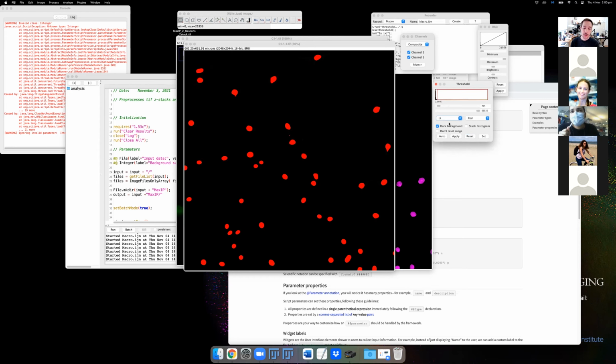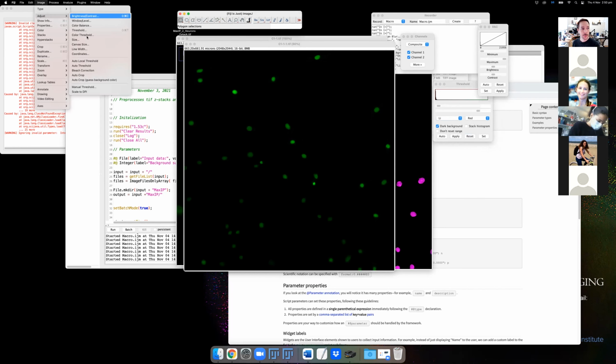So in this situation, this is probably fine. But just so you're aware, if you're in this situation and you need to improve how well this mask is appearing over the cell or the endosome, and you're not getting a good result using a global threshold, which is what we're doing here, there are local thresholds that you can use. And just to give you an example, we can get this underneath image, adjust auto